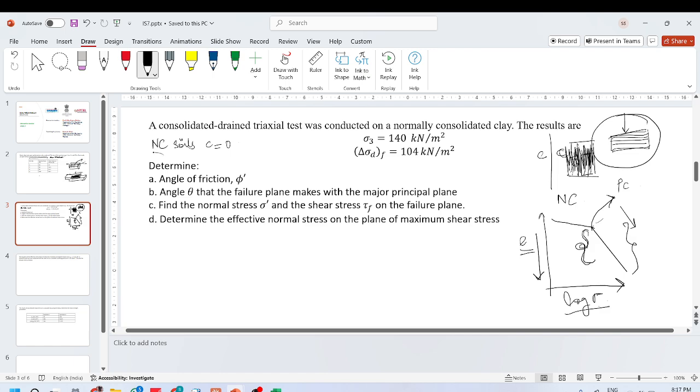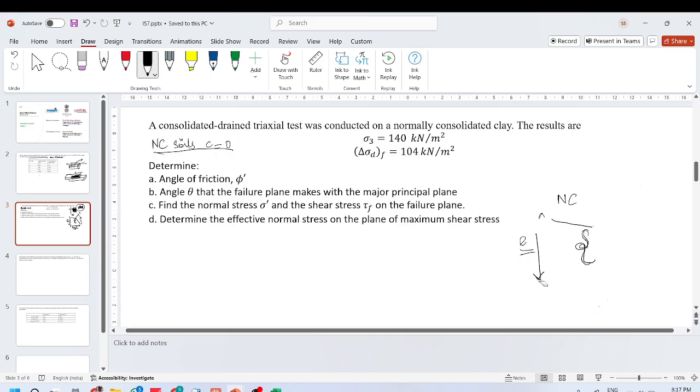So for NC soils, we take C dash as 0, because now the mechanism for shear resistance cannot depend on C. It is there only until your soil is over consolidated. Once you overcome this pre-consolidation pressure, you will take C dash as 0. Okay. So for NC soils,